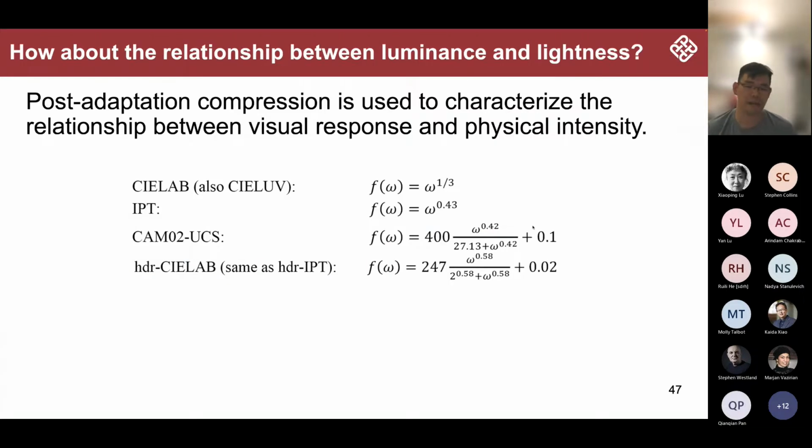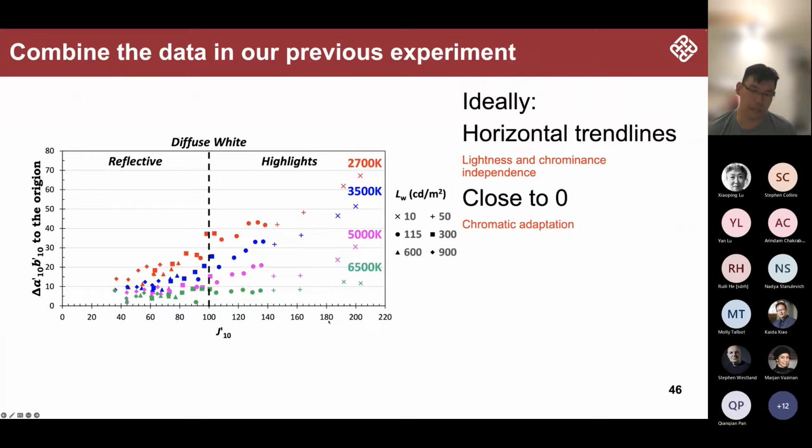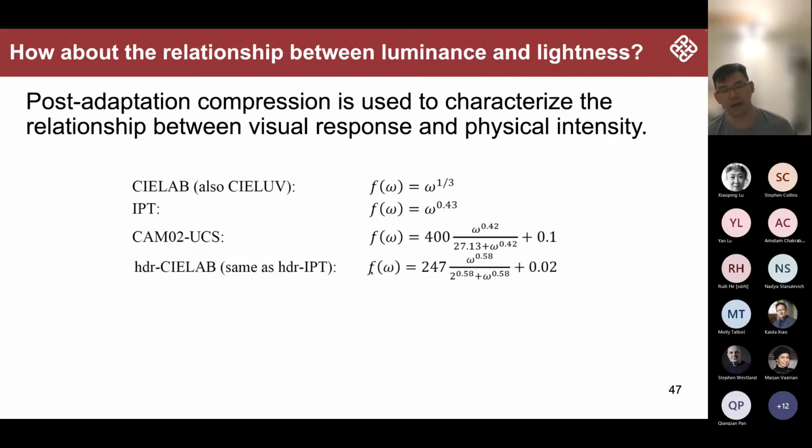Now, based on this, we look at the existing color appearance models, like CAM16-UCS. For 6500K, the lightness and the chrominance plane were actually independent of each other. But whether this lightness dimension can really predict our perceived lightness or not, in other words, we are looking at the physical luminance value and your perceived lightness. And this is talking about the non-linear relationship between the physical unit and our perceptual unit.